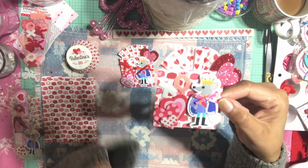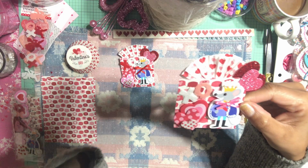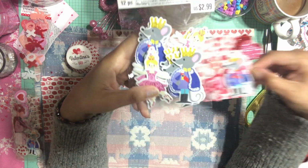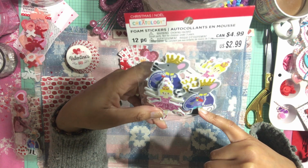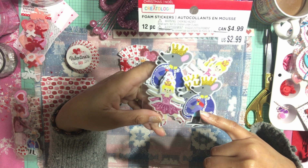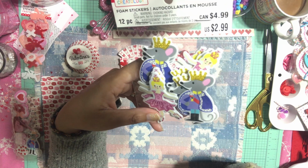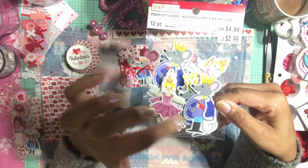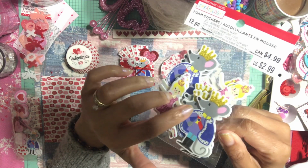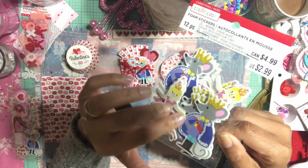This sticker is from my goals. It is from the Christmas collection last year. This little mouse is the one that comes with like the... what is it called? I don't know. It's the Christmas... what is it called? Oh my gosh, the Nutcracker. So we're going to use this little mouse right here to turn it into a Valentine's Day inspired